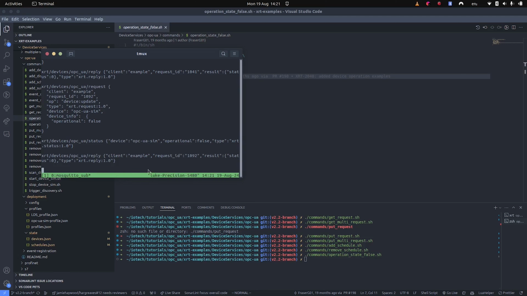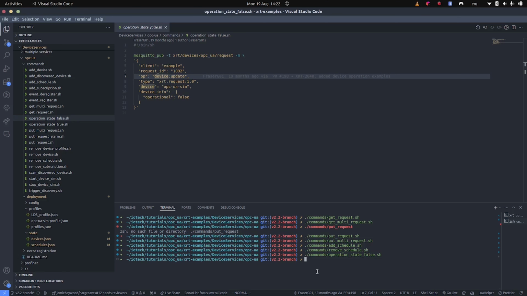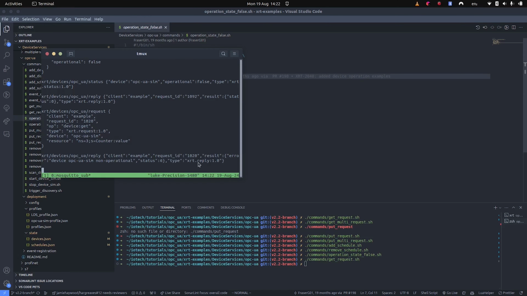So if, for example, I run that GET request that we ran at the start, here you will see that our reply doesn't have a status of 0, it has a status of 6, and you'll see a corresponding error message which is device OPC UA Sim non-operational. However, if we look within this state directory, you can see that the device itself has not been deleted and is still present. So when I run the command